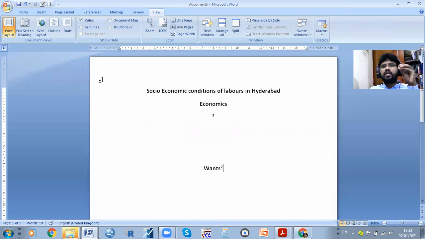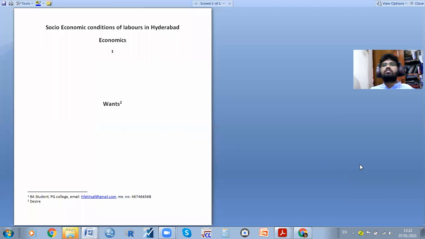If you want to read this whole page, you will only be able to look at it from this much to this much. For example, if you have some side problems, you cannot see. If you don't have it, you can see. But if you want to read in full screen, you can simply get full screen. See, it comes full screen.